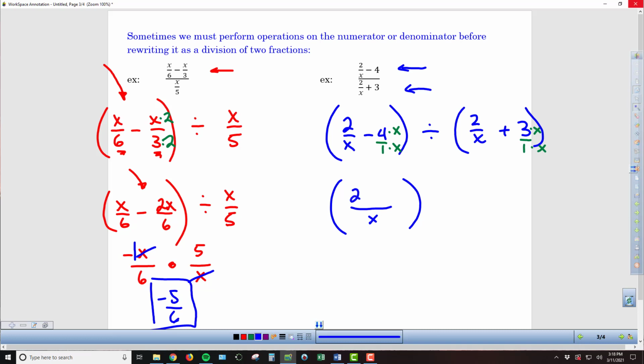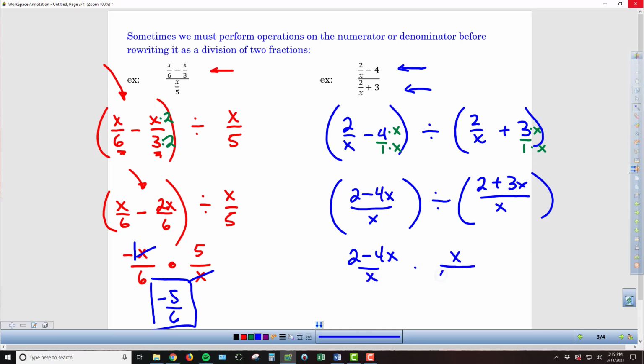And then we've got 2 minus 4x in the numerator, and then that's being divided by the second set of parentheses. Again, we're ending up with x in the bottom, and then we've got 2, and then plus 3 times x is 3x. So now at this point we're ready to go ahead and change this to a multiplication question and flip that second fraction, so multiplied by the reciprocal. So we have 2 minus 4x over x times, flip that second fraction, x, and then 2 plus 3x in